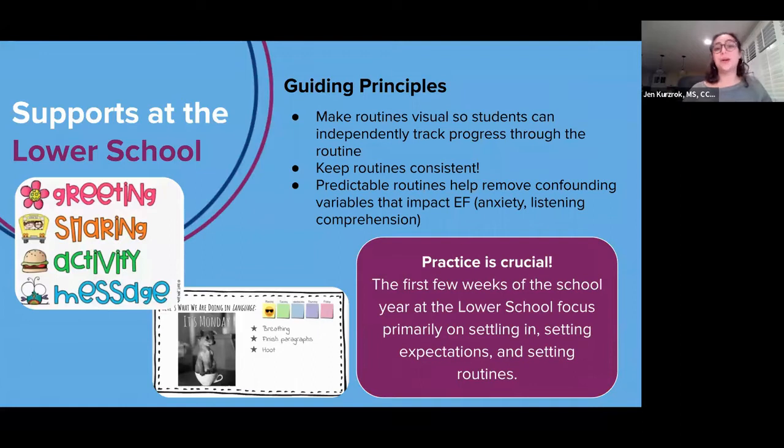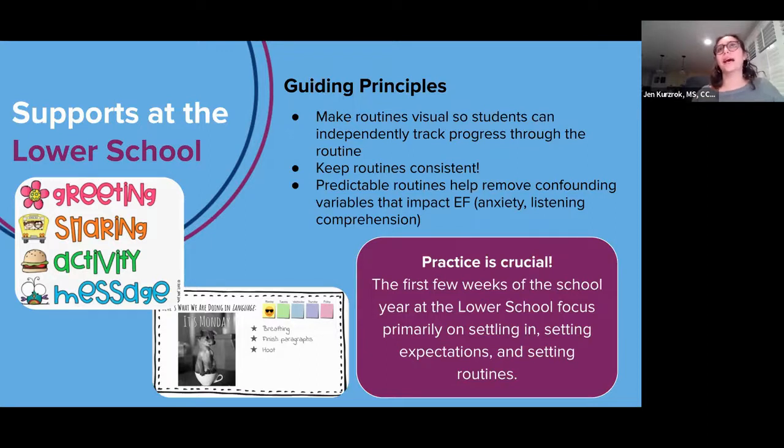We are big on routines at the lower school. We refer to the first 6 weeks of school every year as routine setting. And we also refer to the first week back from December break, which we're just wrapping up, as routine setting part 2, because it builds culture and it's what helps our students settle in to know what to expect in the classroom, to know where the materials are, to know what they're supposed to be doing, how they're supposed to be attending, how to sit at their desk, who their teacher is, what kinds of things they're going to be asked to do, what is the language we use in this classroom.